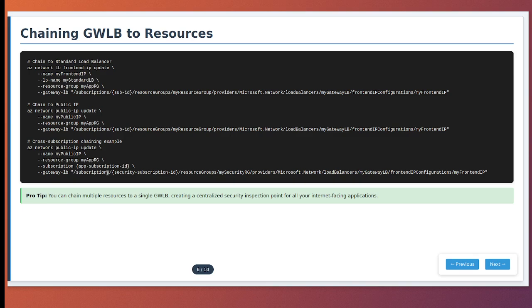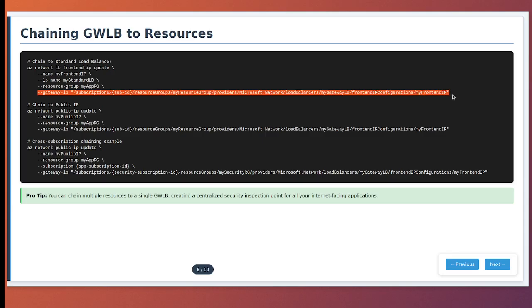The first example shows chaining to a standard load balancer. The command uses az network lb frontend-ip update to modify an existing frontend IP configuration. The magic parameter here is gateway-lb. You provide the full resource ID of your gateway load balancer's front-end IP configuration. This creates the chain. Now all traffic flowing through this standard load balancer will be transparently redirected through your GWLB